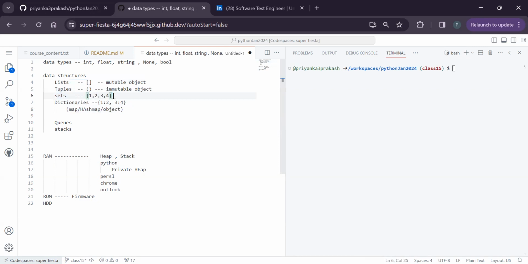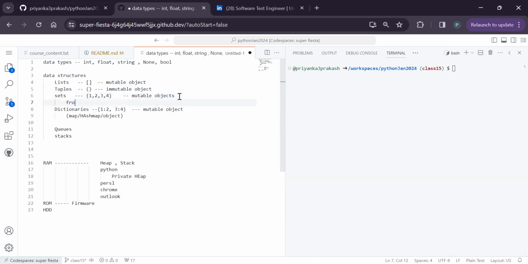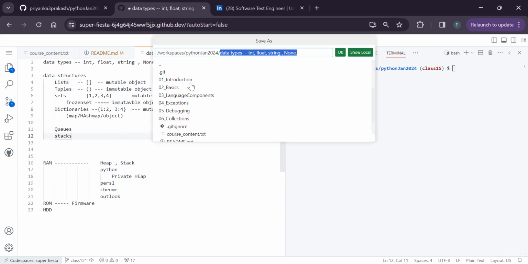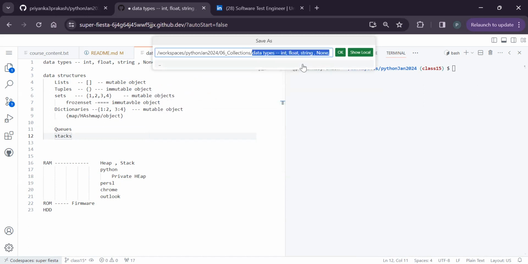And coming to sets and dictionaries, these two are also mutable objects. Dictionary also is a mutable object. Means we can change everything except the tuple. Afterwards, they added one more thing within sets called frozenset, which is an immutable object. So at the basic level, there were four data structures and you understood this. So let me add it like this: within this collections, I want to add explanation